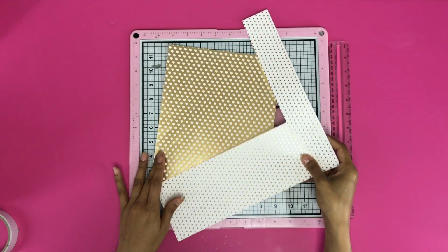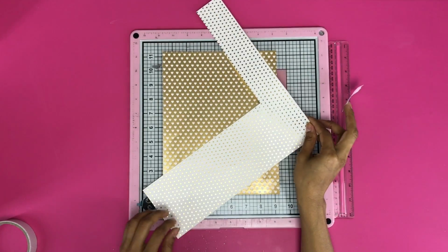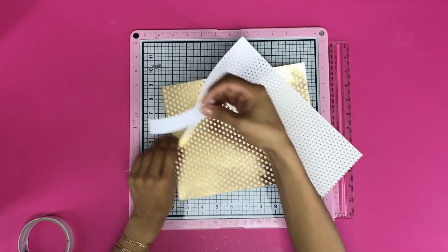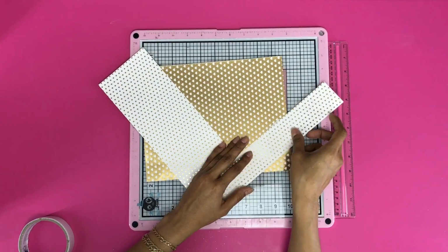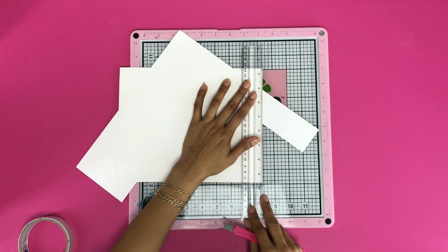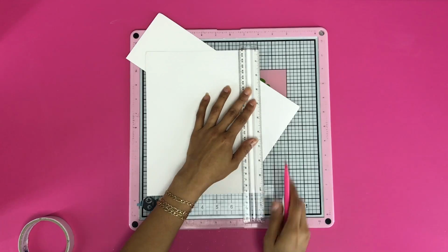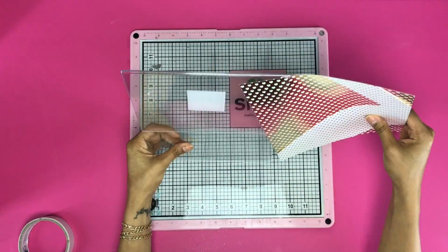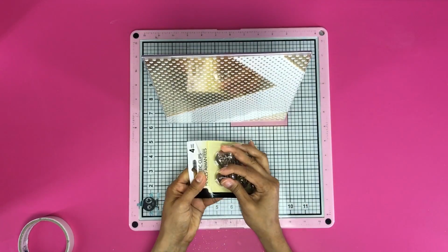Now what I'm going to do is take that scratch paper from the first project and use it on this project. I'm going to use it as a little decorative embellishment, and I feel like it's actually going to tie the pieces together because it's coordinating the same cardstock from the first one to this one. All I'm going to do is tape it down in place, and I'm going to trim off the excess that is hanging off the edges. Now that that's done and we know it fits in our frame,